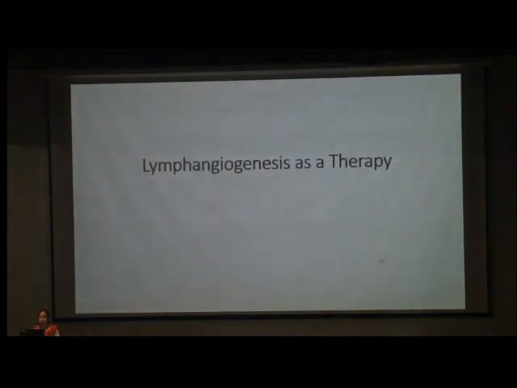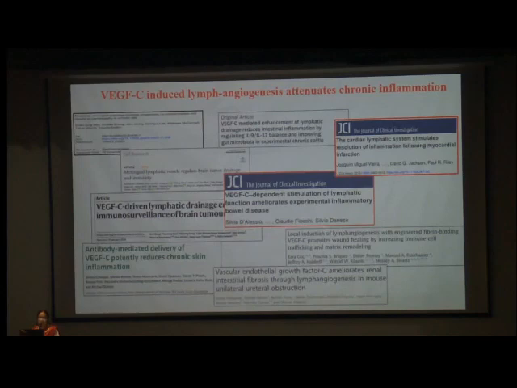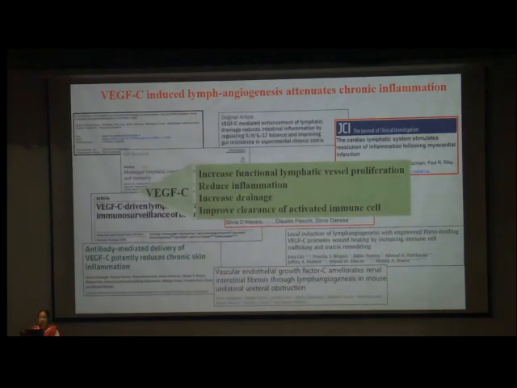Now, lymphangiogenesis as a therapy for other diseases. Usually I will talk about VEGF-C-induced therapies, and there are a number of studies. Due to paucity of time, I will not take up all, but I've just taken up a few landmark studies, and the major message is that VEGF-C increases functional lymphatic vessel proliferation, reduces inflammation, increases drainage, and improves many attributes